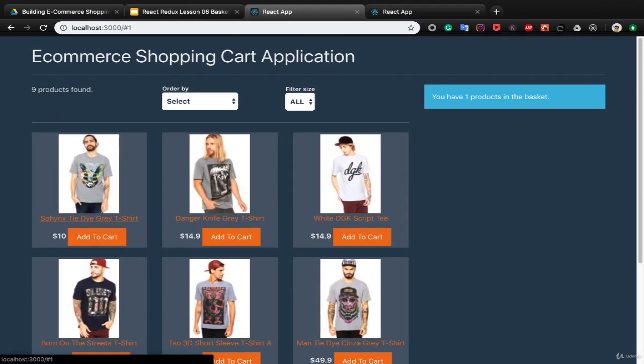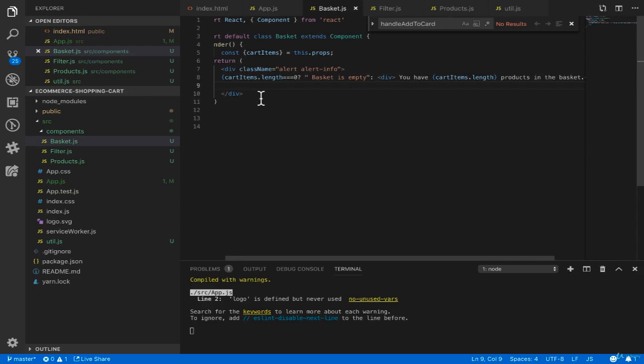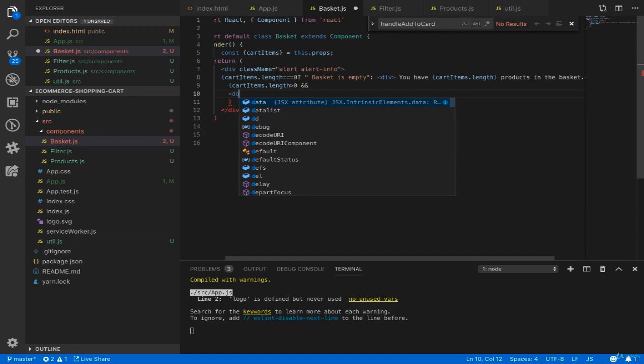That's it. Let's press. You see, you have 1 product in the basket, 2 products, 3 products, and if we click multiple times, you see only the number of different products will be in the counter. Let's list products inside basket.js. Here we need to check cartItems.length, and if it's bigger than 0, and here we use a div